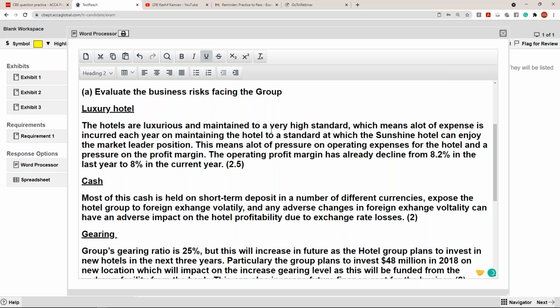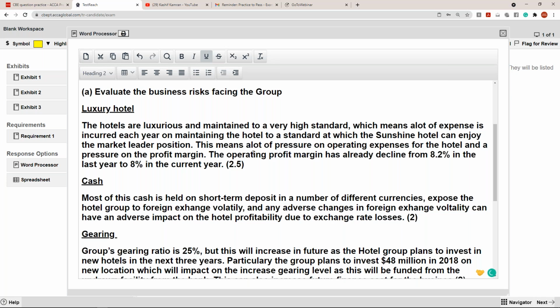See, again, this is just a tutorial answer, right? You can develop a luxury hotel point in a different manner. You can develop the cash point in a different manner. You can develop a gating point in a different manner. This is change of perspective, right? This is exactly what I was guiding you before the break, Aisha and Bahawal, that if I write an answer and you write an answer, they will be different. But luxury hotel is a point which is to be developed. Cash is a point which is to be developed. Gating is a point which is to be developed. But how you develop it will be different.